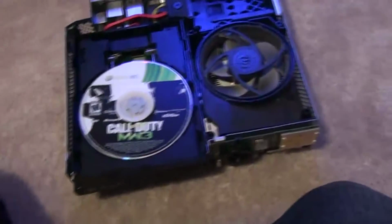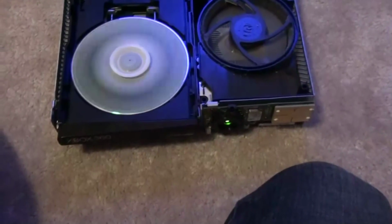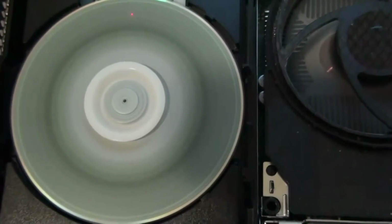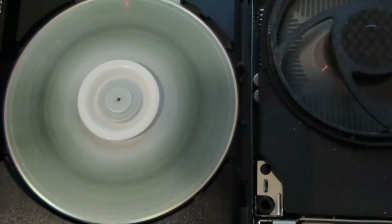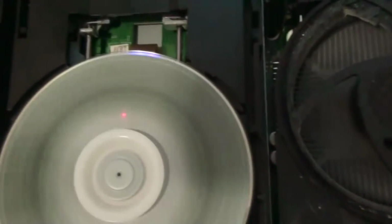So let's turn on the Xbox. And as you can see now, the laser is back at its own. See that? The laser is back and working. So my problem was just, wait 1 second, my problem was just that the laser was here. It wasn't at home. So now if I do play game,